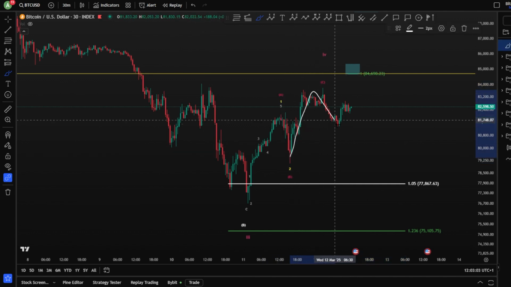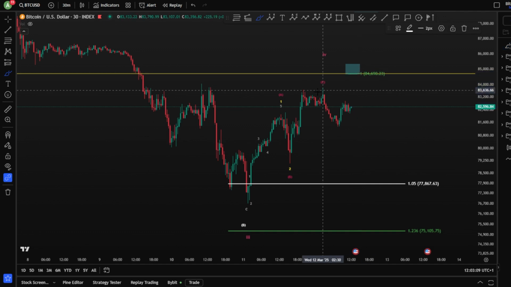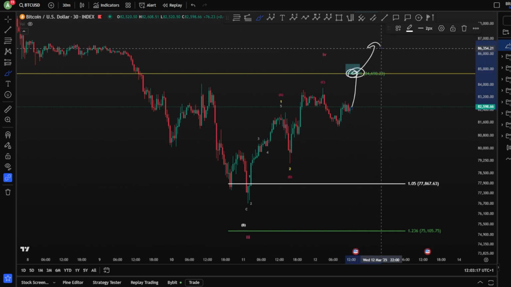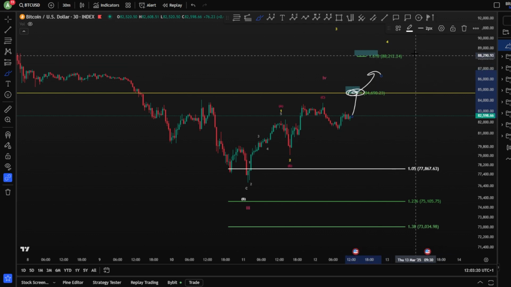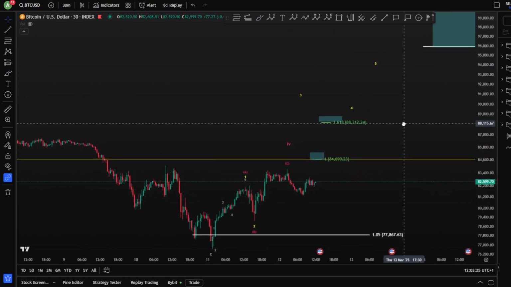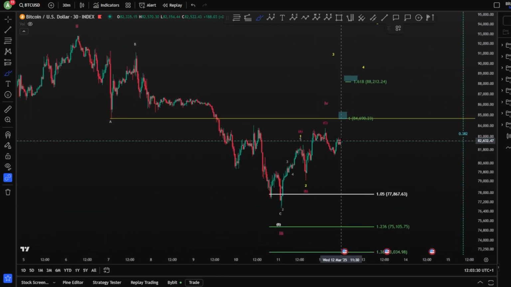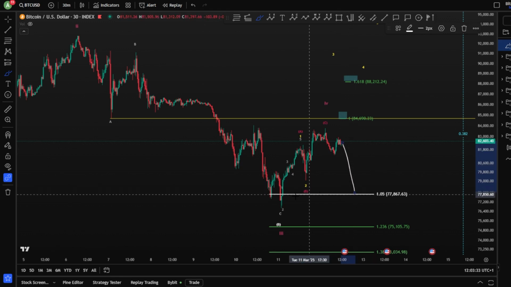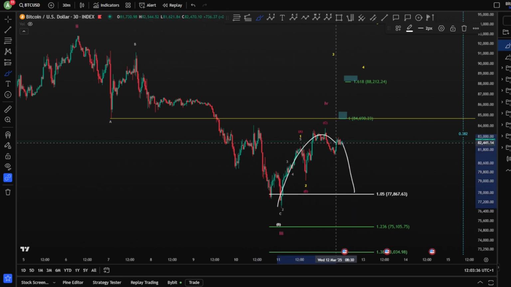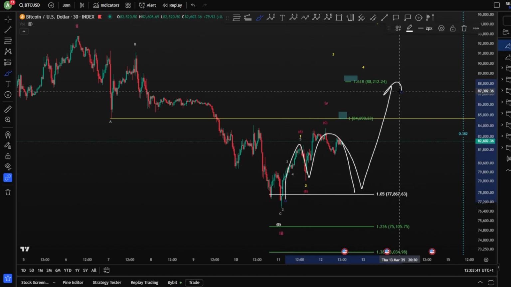I would say, to make it easier for you, if we take the 1-to-1 fib level, or if we take the high here, we're moving at least to the 1-to-1 fib level, then to be re-estimated. If we break it, then of course, we're heading towards the 1.618, 88K, meaning 1, 2, 3, 4, and a 5, and potentially hitting this blue box, which is the 100K. If we move toward the downside, and we lose the 1, 2 here, 1, ABC as a wave 2, therefore, of course, we have to be careful.